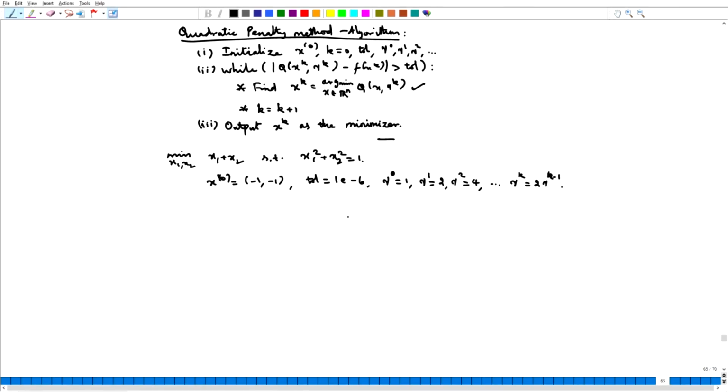We have implemented the quadratic penalty method algorithm for this particular problem. So, for more complicated problems where you have, let us say, many equality constraints or inequality constraints, what needs to be done, we will actually learn in the next